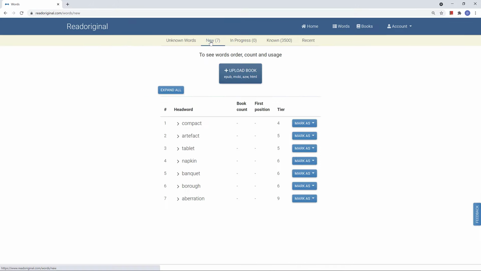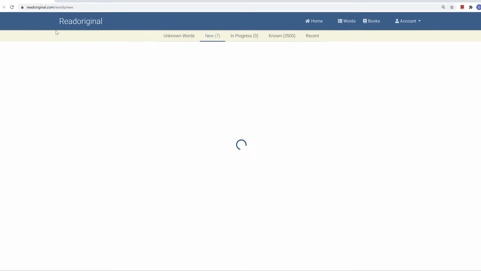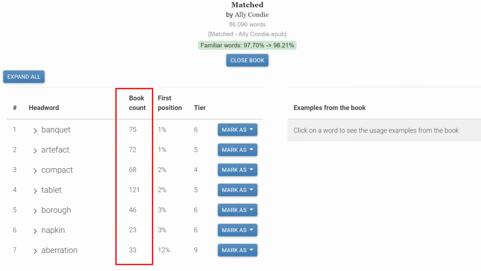Let's go to the New Words page. That's your learning place. Here we see our selected words. We need to upload our personal copy of the book. And we see how many times words are used in the book, location of their first occurrence, and sentences with